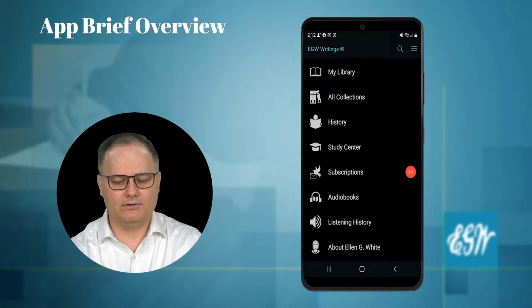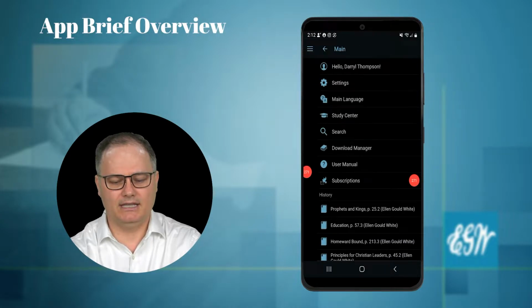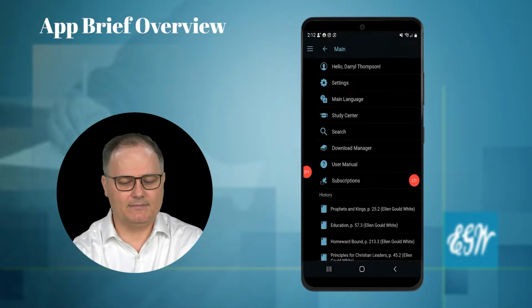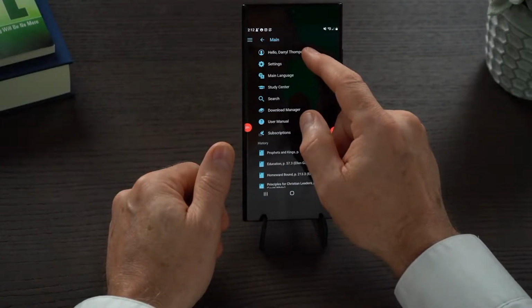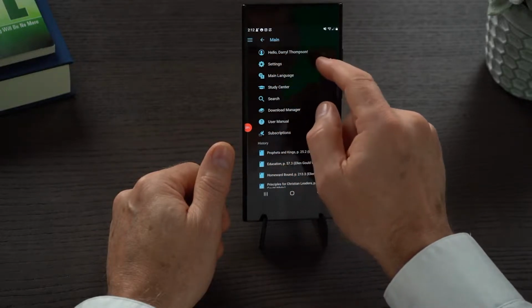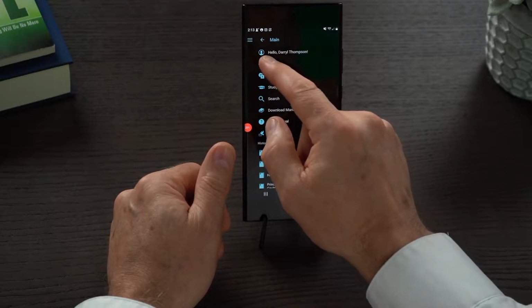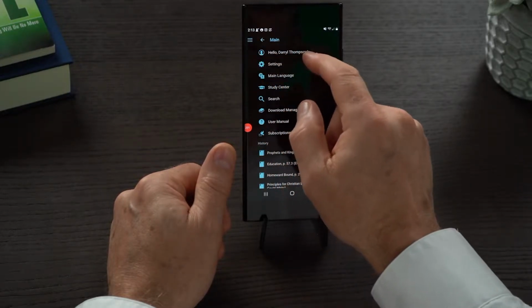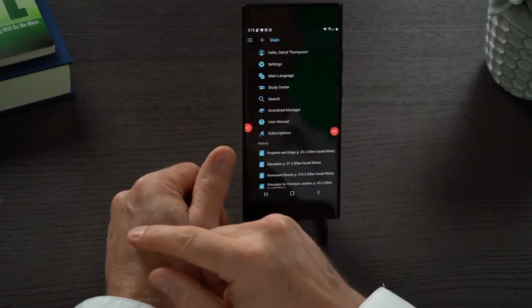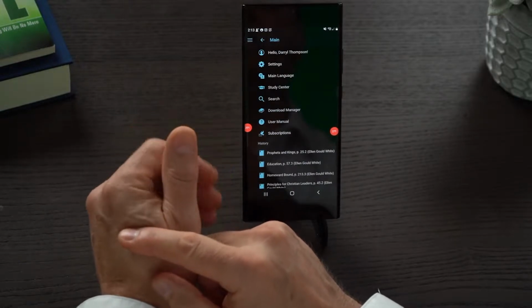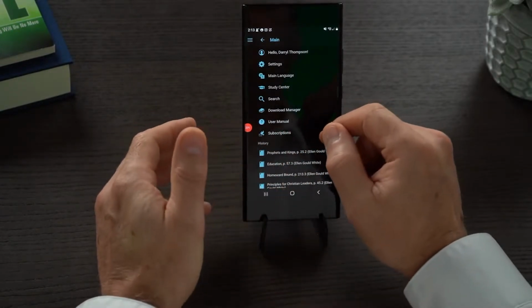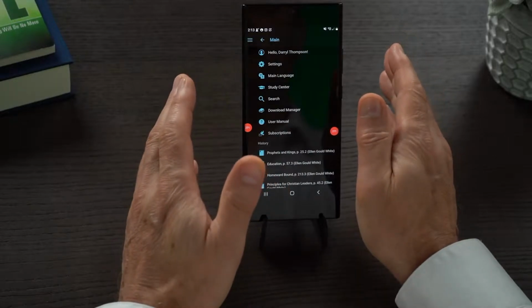In the top right-hand corner, we have the little sandwich icon that, when you tap it, opens up the side menu. The first thing I'd like to ask people to do is to tap on here, and you can see where it says, "Hello, Darryl Thompson." I'm already signed into EGW Cloud, and I would suggest very strongly that you create and sign in to an account right here. Sign up for an EGW Cloud account,